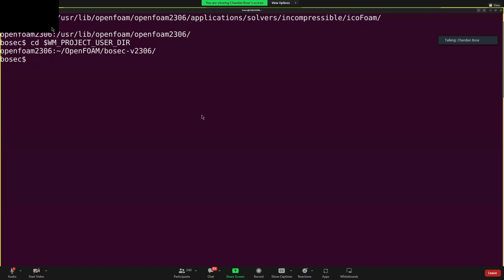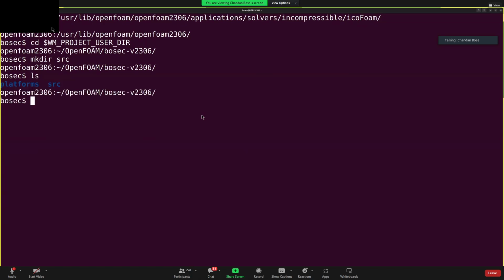And to do that, to make it more systematic, I create by mkdir a folder called src. So within my user directory, I now have a src folder within which I will copy my source code, right? So to copy it, I will copy the folder which is located,